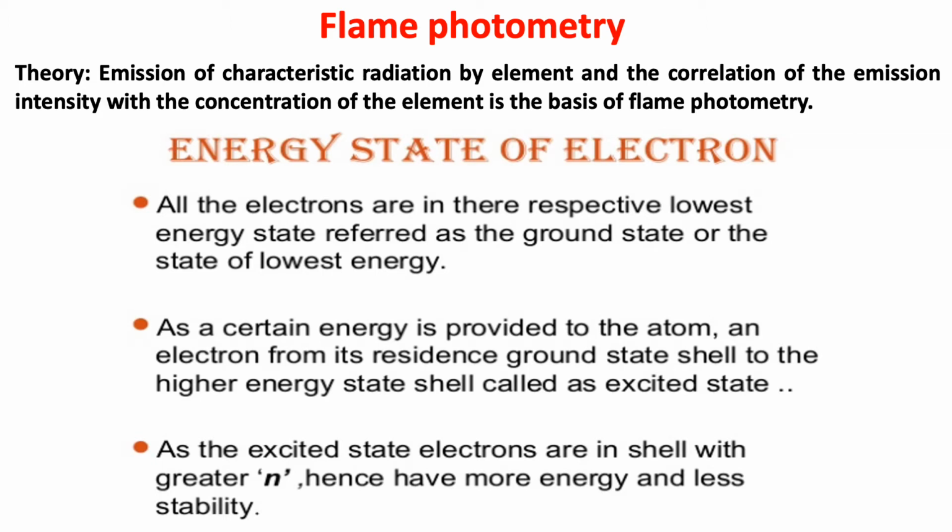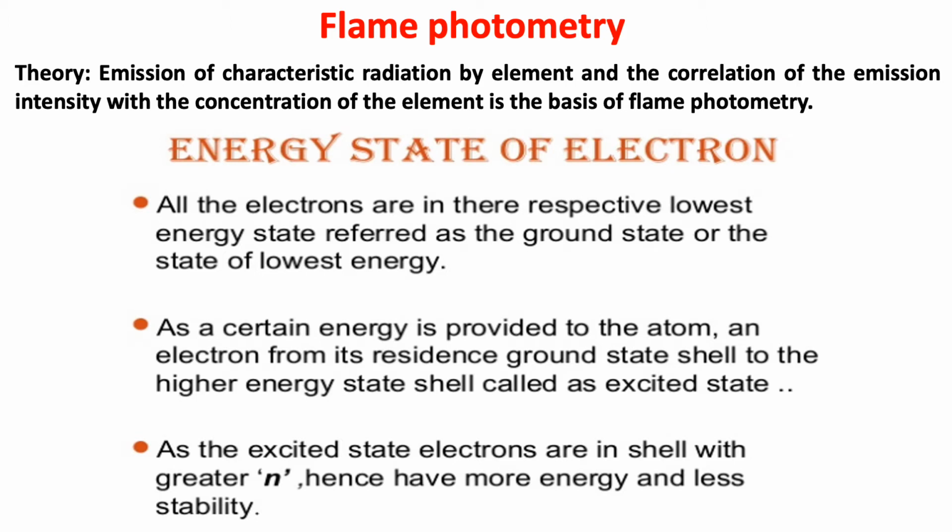So what is this emission, and how are we actually going to measure it? Let us see. If you take any atom or element, for example sodium, its atomic number is 11, so it has a central nucleus containing protons and neutrons: 11 protons, around which 11 electrons are revolving. Between the electrons and the protons in the nucleus there is some binding energy. With that force, electrons revolve within that atom only.